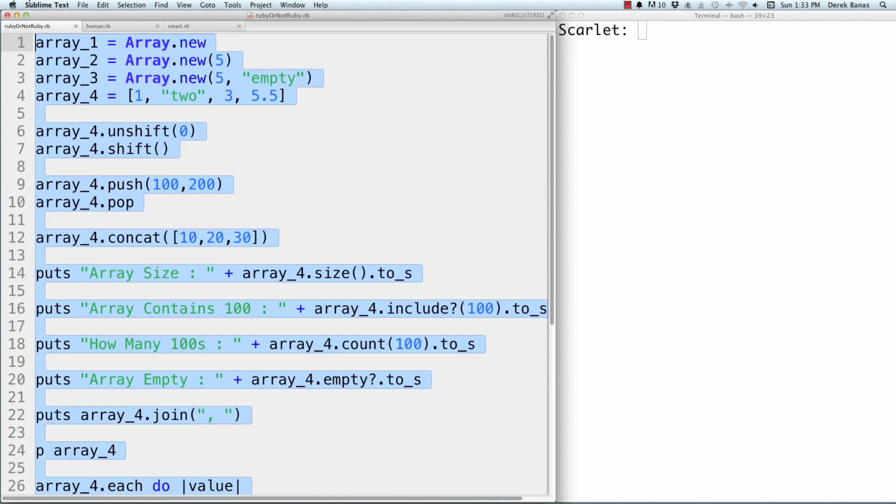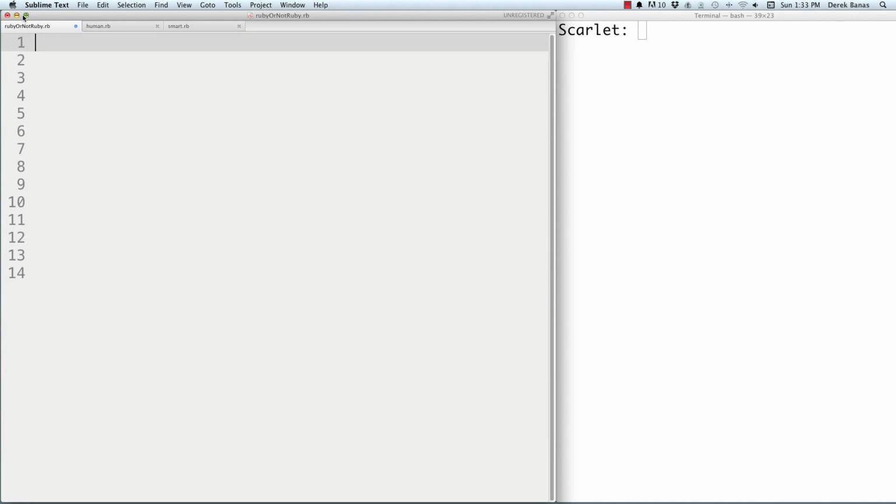Why don't we look at a close cousin to array called hashes. And a hash is just a collection of key-value pairs. So let's go and create ourselves a number hash, for example. We would use curly braces in this situation. And first you're going to have your key. Instead of indexes, you have keys. And then you're going to put that little symbol right there, and then whatever you want the value to be